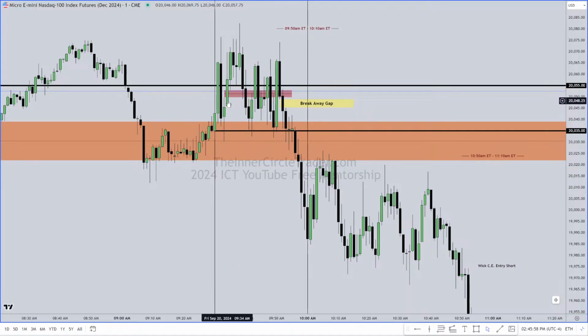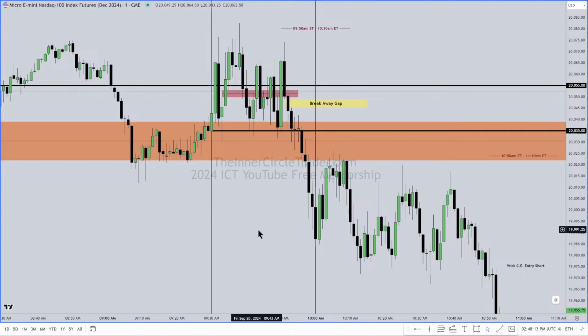The first fair value gap that forms occurs at 9:34. So it meets the minimum criteria of at least the 9:31 candle, because you can't use the 9:30 candle for the initial fair value gap or the first fair value gap presentation between the 9:30 and 10 o'clock. This is called time distortion. It's waiting for a specific time. What time is that? It's 9:50 a.m. Okay, so 9:50 a.m. to 10:10. That is an algorithmic window of time where the market will start to spool. That means it's going to run.